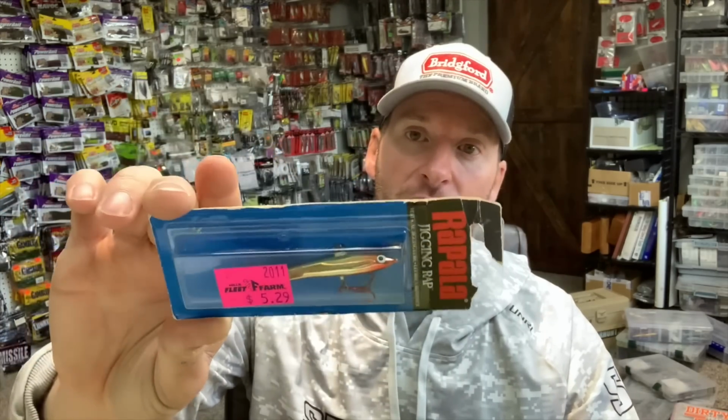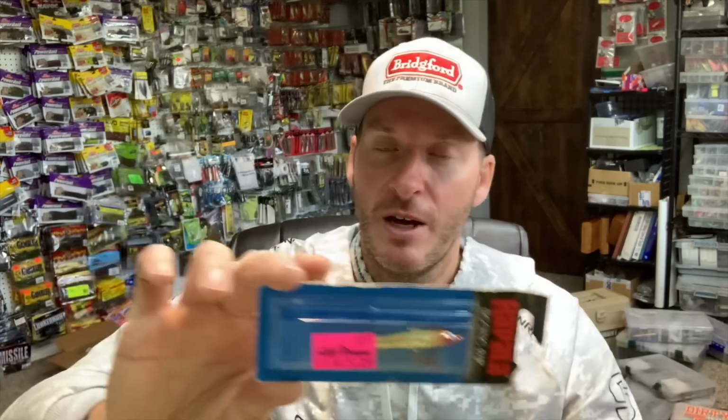A similar bait along those lines: if I know I've got a spot that has fish on it, and I was able to find them with a search bait like this blade bait, if I can get right above them and fish more vertical, that's when I like to get a Jigging Rap. This is a Rapala Jigging Rap, just a heavy lead minnow, but you can drop it down right on top of them. Similar to the way you would work a jigging spoon, I just prefer throwing the Jigging Rap. I think it is a really good bait that draws